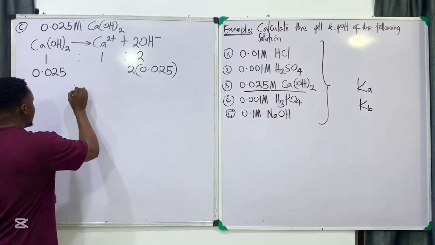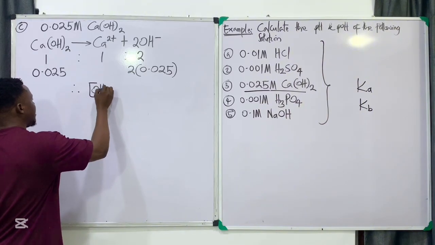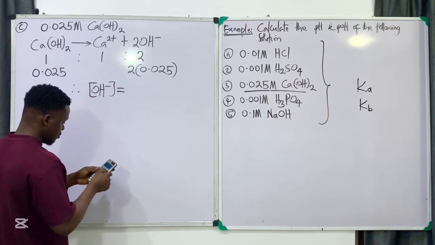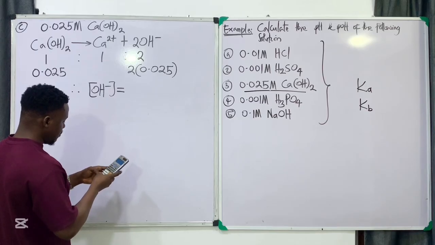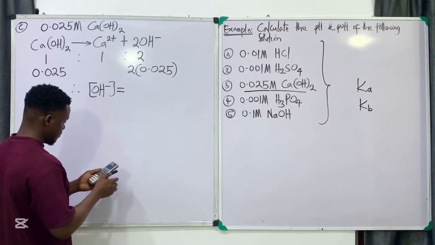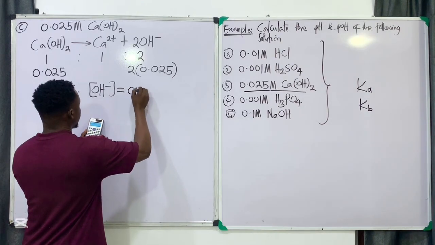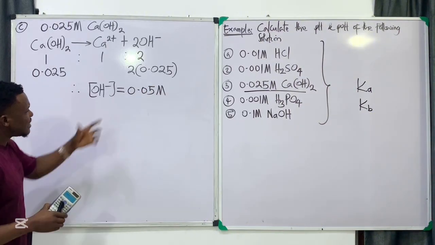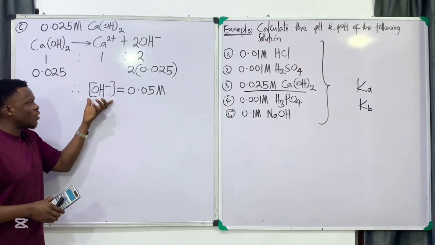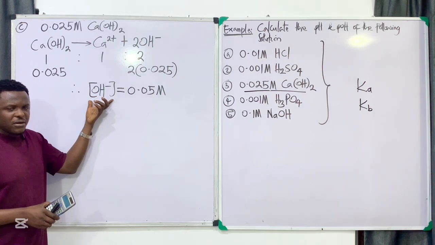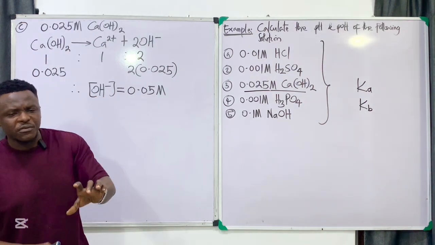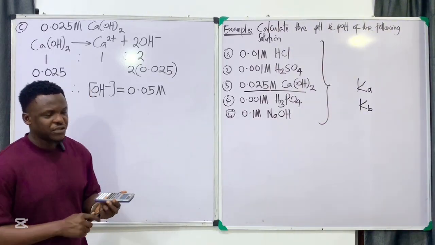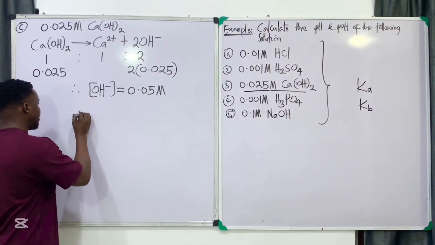Alright, so therefore, the concentration of OH minus would be 2 times 0.025. It is 0.05 molar. Now, since we have gotten the concentration of OH minus, what exactly are we going to solve for first? Is it the pH or the pOH? Obviously, it's going to be the pOH because the pOH formula has OH